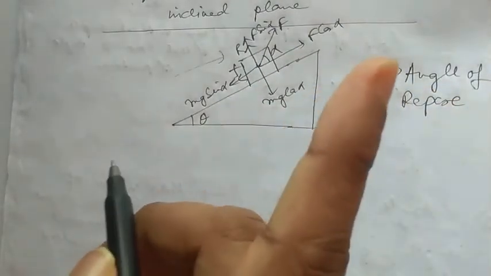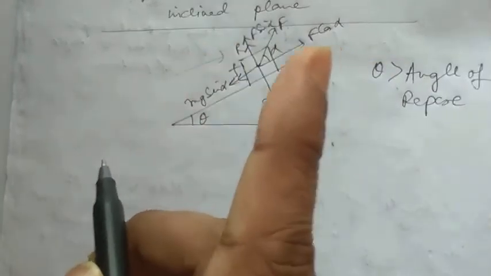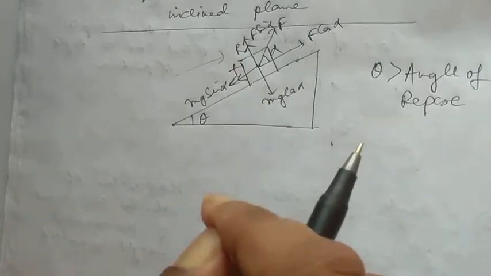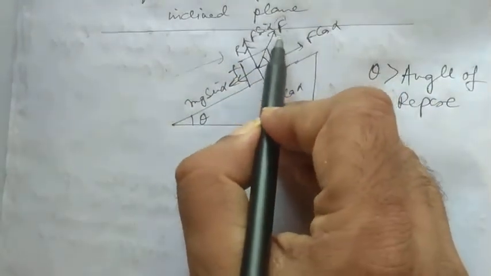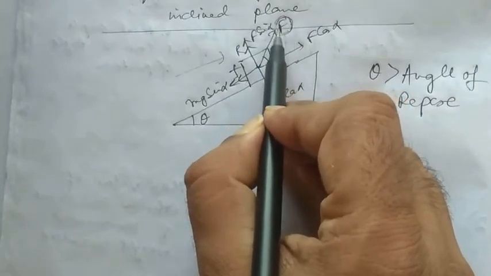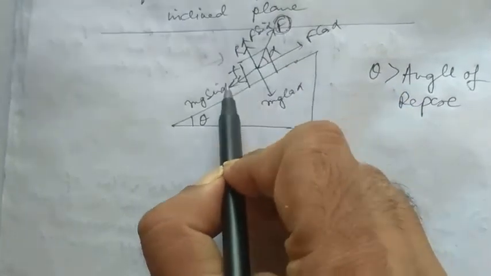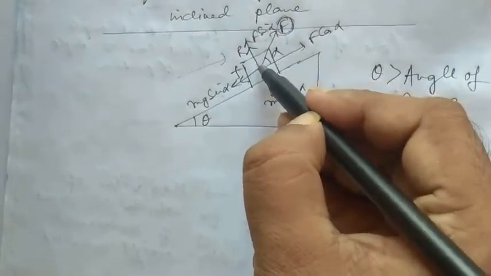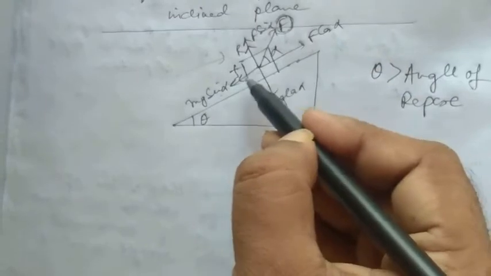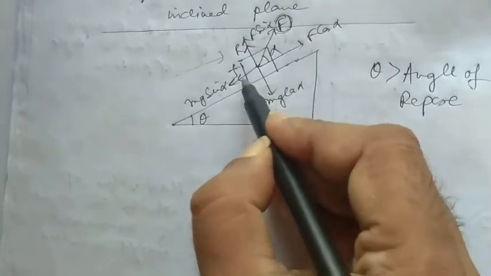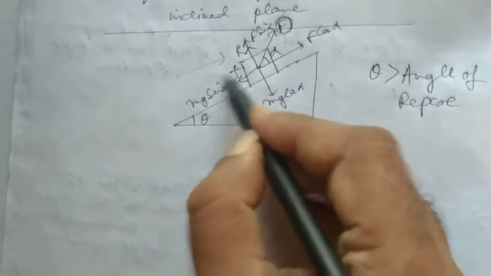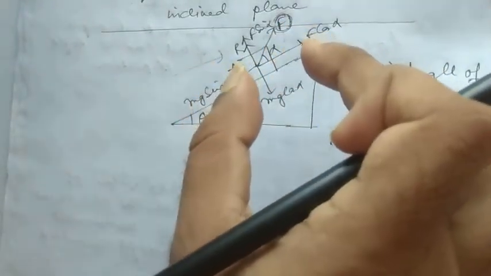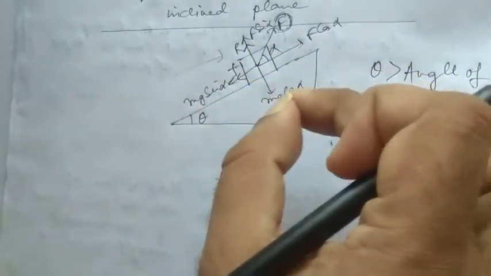Now if the value of theta is greater than the angle of repose, the frictional force alone is not sufficient to keep the body at rest. An external force F is applied to prevent the falling of the body due to mg sin alpha and frictional force. Because if you pull the body in the upward direction, the frictional force will act in the downward direction. So frictional force and mg sin alpha combined will make the body move downwards, which we are going to prevent with a force F.